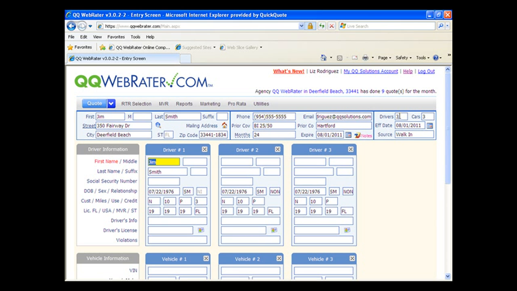So the first driver, or driver 1, will always be the applicant. So right now it pre-fills the first name and last name. So I can tab over to the next section. We have an area here where you can enter the applicant's social security number. This is not a required field in order to get a quote. So if you want to bypass this information, you can certainly do that. If an insurance company requires the social security number in order to provide you a quote, they will let you know. So you have the option then to come back to your quote and edit that information by adding the